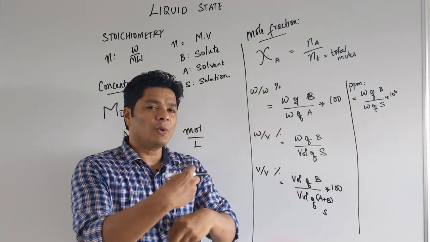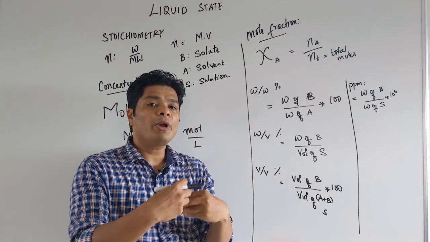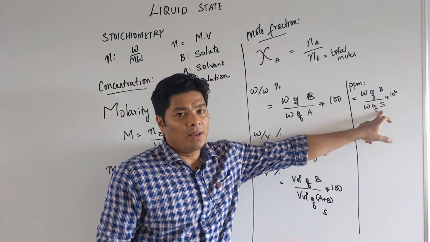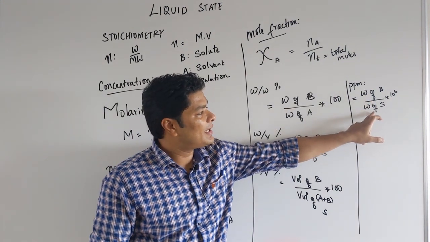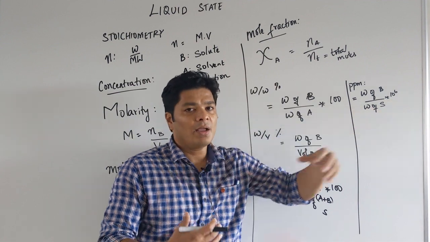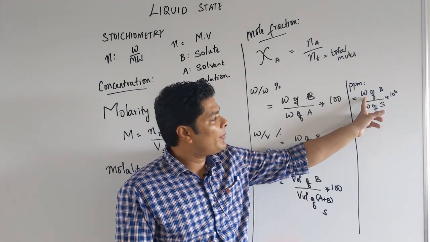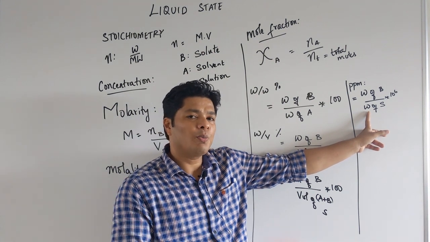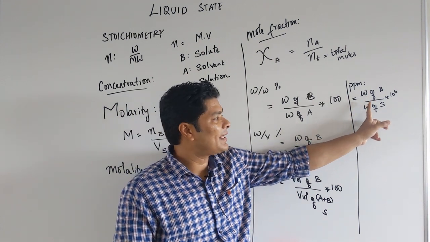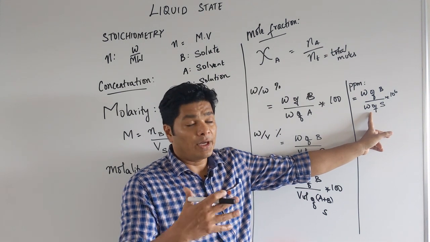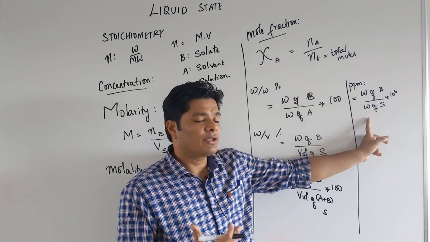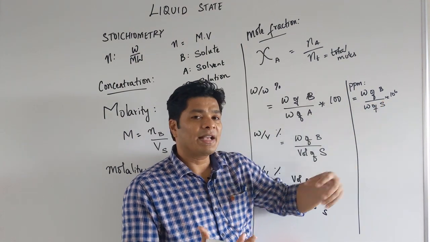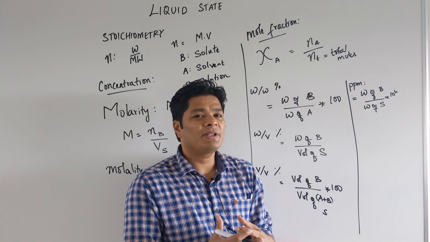Instead, you go to a level where parts per million means how many parts there are per million parts of S. So this is in grams, this is in grams, and I just multiply by 10 to the power 6. If this is, for example, 1 nanogram, and this is 1 gram, it will be an extremely small number: 10 to the power minus 9 divided by 10 to the power 0, which is 1. So I don't want to say that. Instead I can multiply by 10 to the power 6, which makes the number bigger. So in parts per million it's much easier to do.